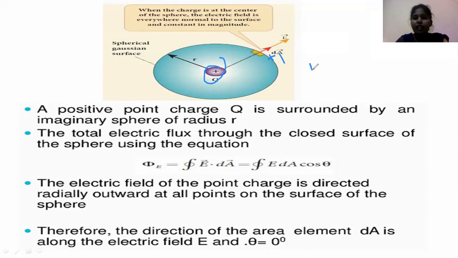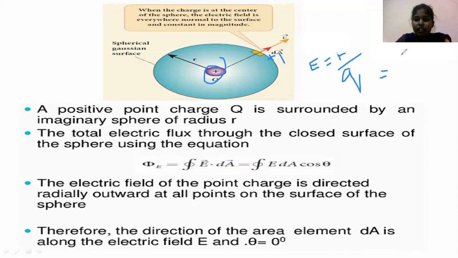And you know E is equal to F by Q. This is the very basic formula in electrostatics, where F is Coulomb's force between the two charges. Here is the test charge +1 and here is the actual charge Q. So what is Coulomb's law? Coulomb's law is F is equal to 1 by 4 pi epsilon naught Q1 Q2 by R square. Let's say Q1 is Q and Q2 is +1.